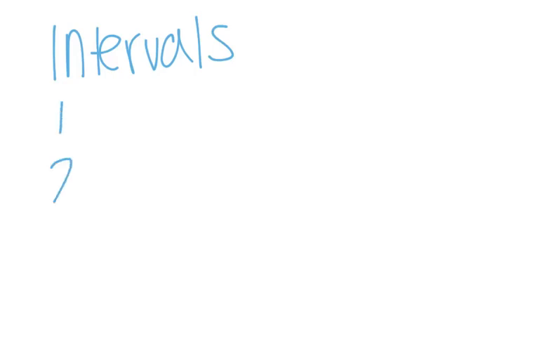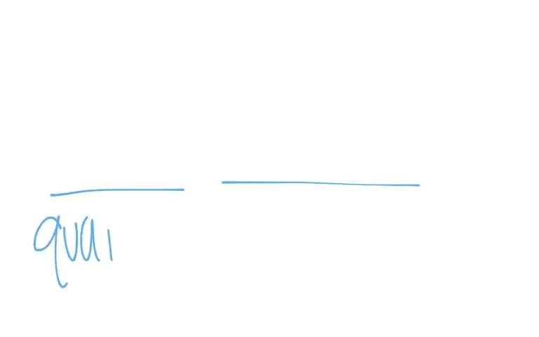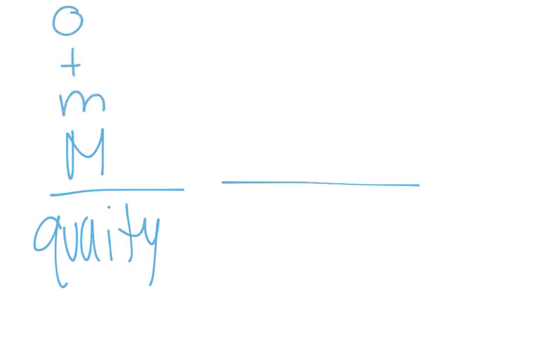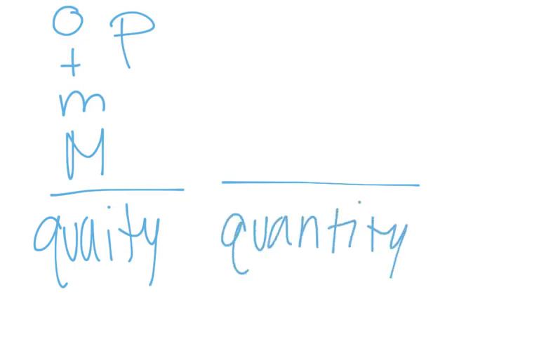So in this video, we're going to be learning about intervals. An interval is the space between two notes, and there are 3 steps to finding an interval. An interval has 2 parts to it: the quality. So an interval can be major, minor, augmented, diminished, or perfect, and then the quantity, which can be any number